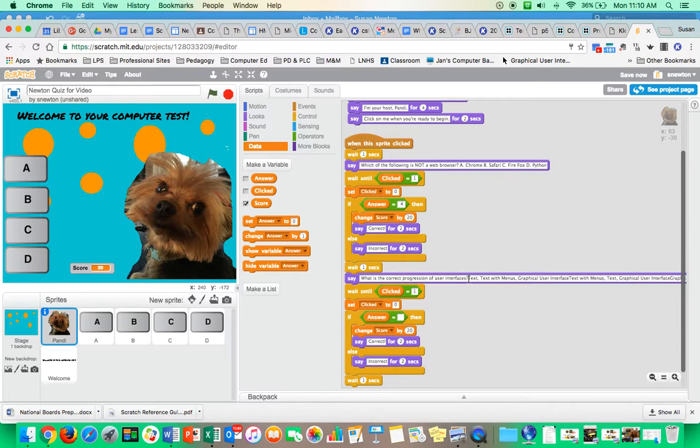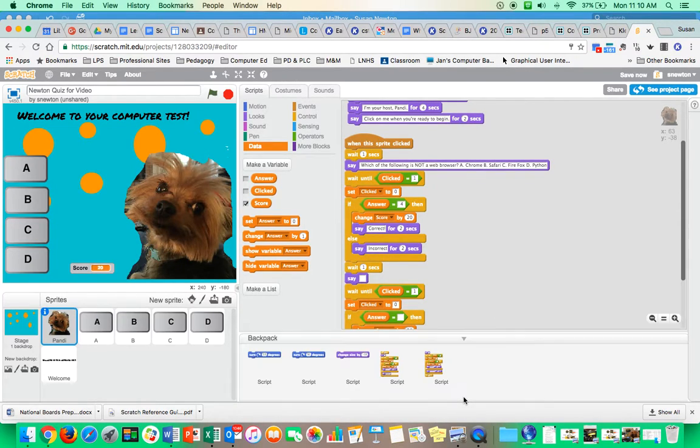I do want to show you another way, just so that you have it in your mind. We can utilize the backpack down here. It just kind of works like a clipboard, where you take a script of code that you will use again, you place it in your backpack, and then you just take it out when you need it. So I'm first going to open my backpack, and you'll see that I have these scripts already in there because I did them with my other classes. But what I'm going to do is separate the piece of code that I need